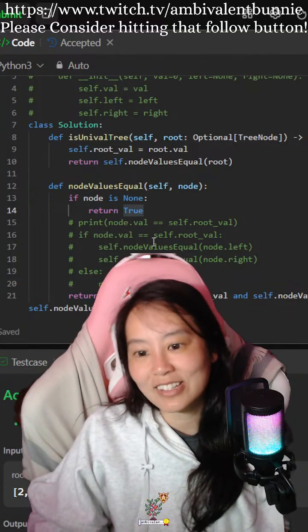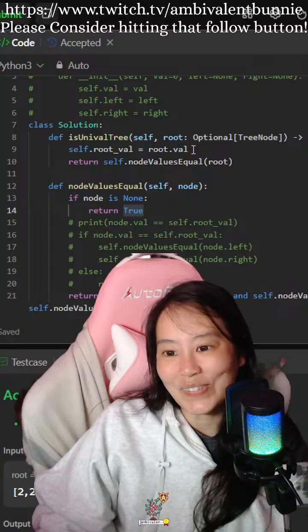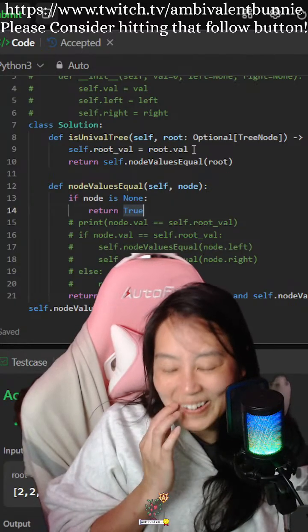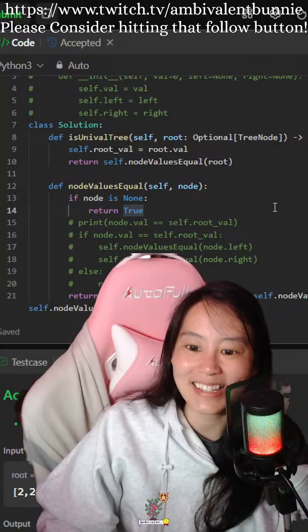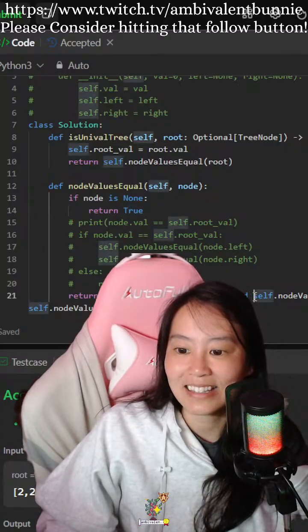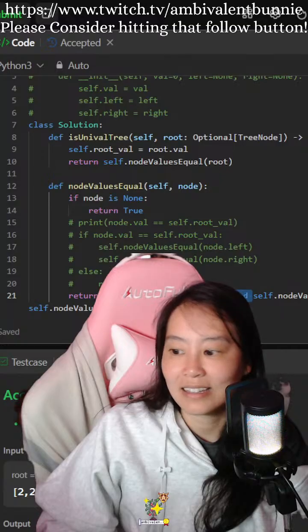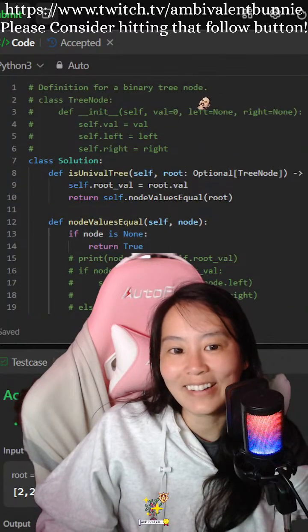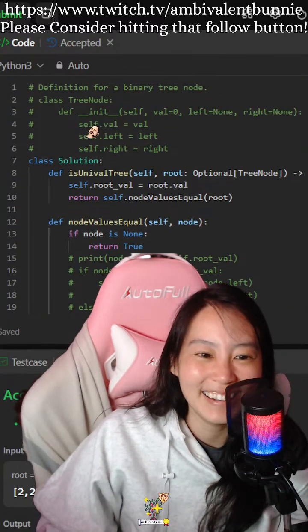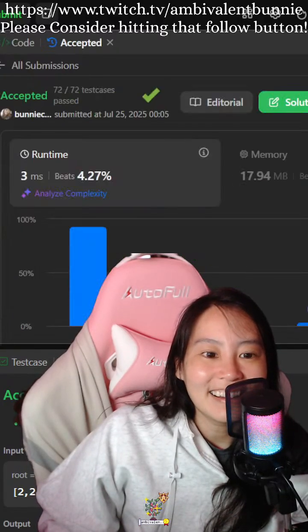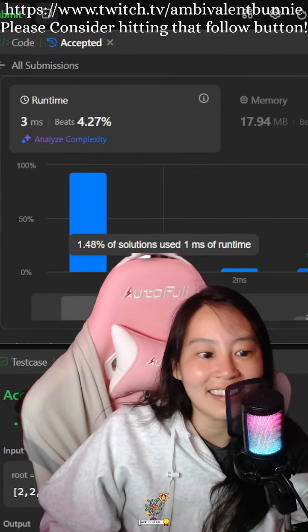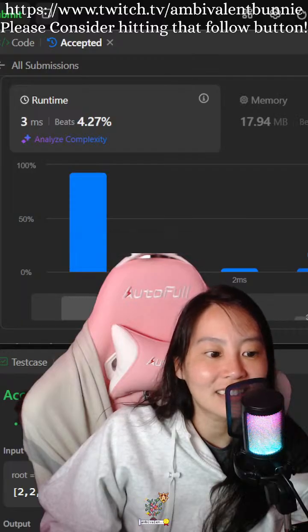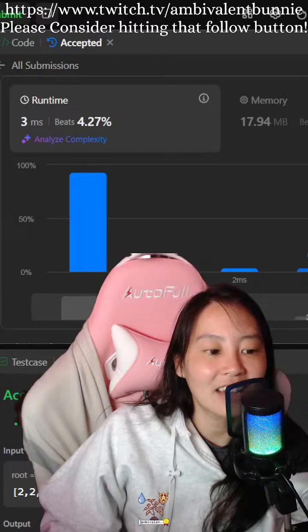So, no. But why is it so slow? Ouch. Why is it so slow, guys? Oh, okay. So it's okay. I guess milliseconds. Okay, I get that. Return value node left. I don't understand that one.